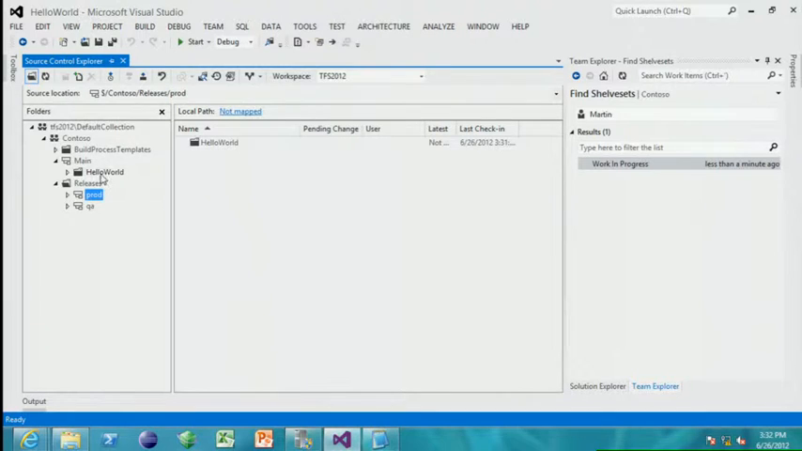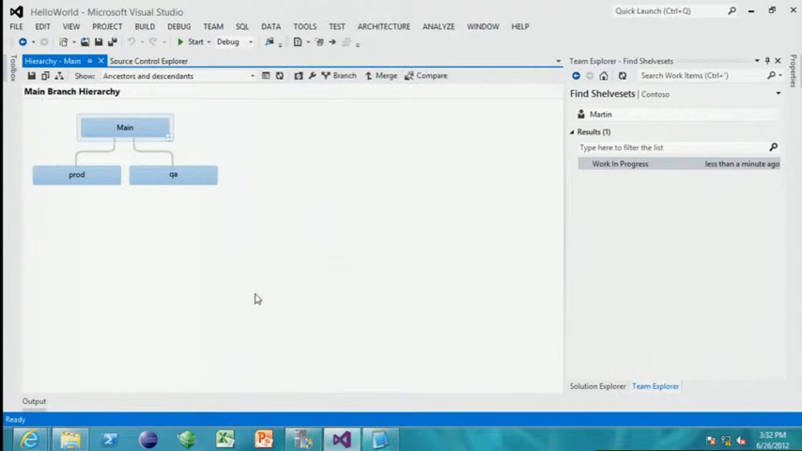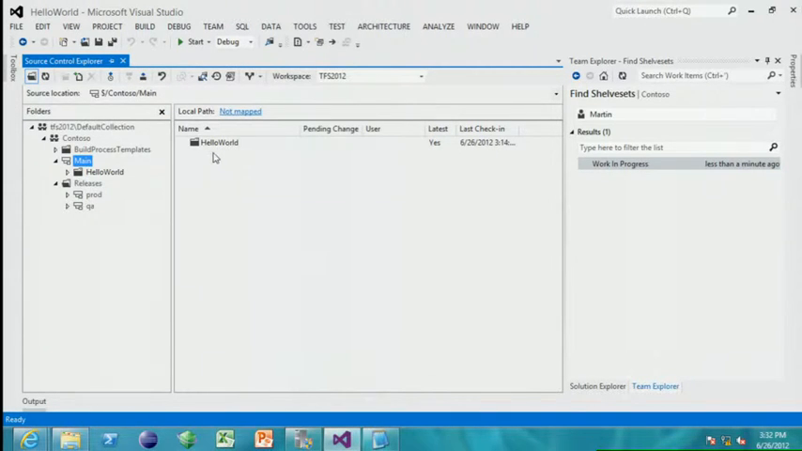So we'll right-click on the main, and we can say branching and merging, view hierarchy. And look, that's what our branching hierarchy looks like. We get a shiny picture. Oh, yeah, brilliant. If you make a change in main, you can actually see. So if I come down into here,